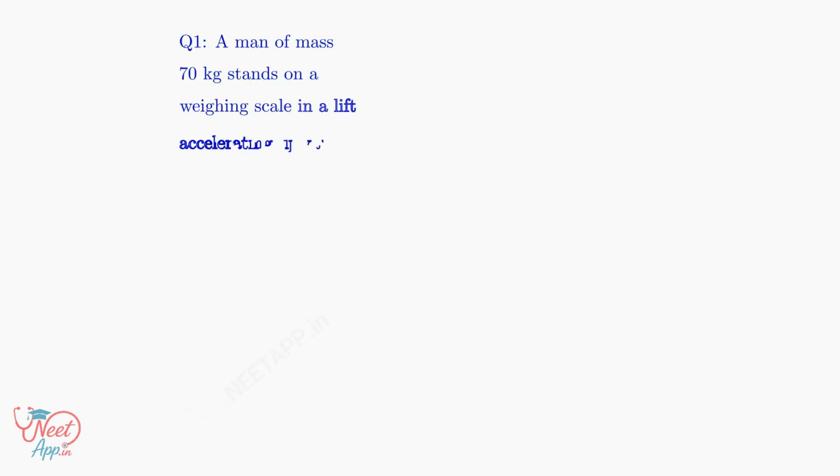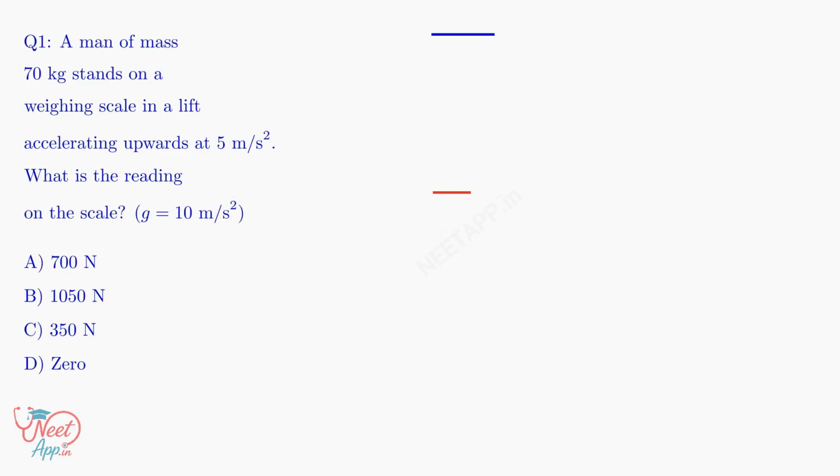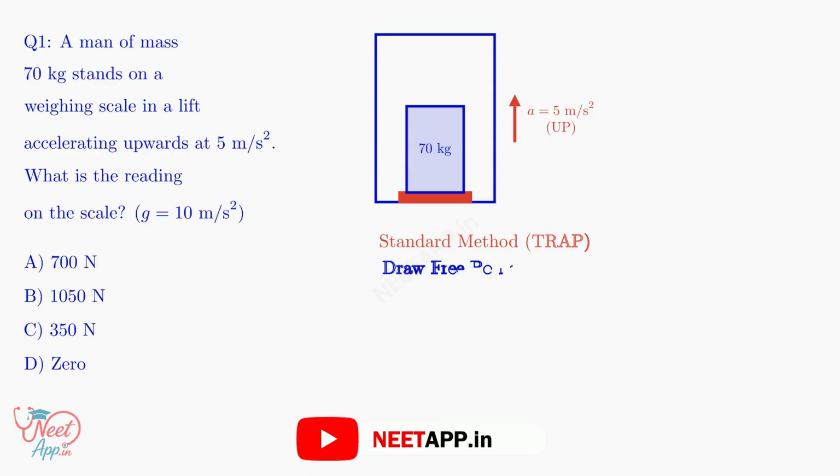Let's tackle question 1, a classic NCERT lift problem. A man of mass 70 kg stands in a lift accelerating upwards at 5 meters per second squared. What is the weighing scale reading? The standard textbook trap requires drawing a free body diagram, setting up the equation N minus mg equals ma and